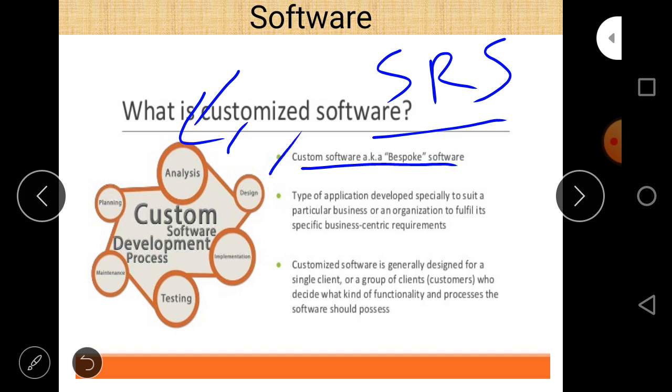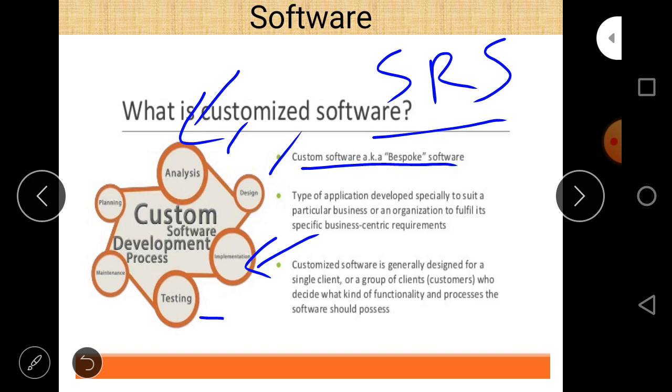We actually design the software in the design phase, and when design is complete, we implement, or actually write the code. Here the programming part begins. Once the code is written, it is not complete yet. We have to test that software whether it is fit for each and every condition that we want.